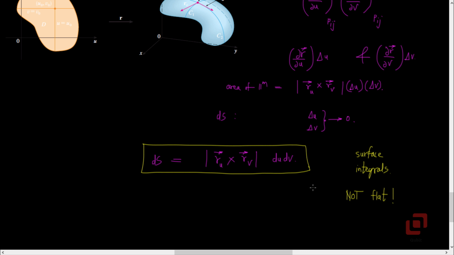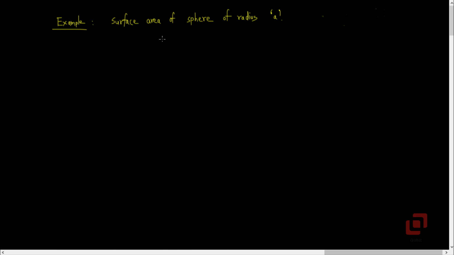We will now solve an example with the help of this differential formula to find the surface area of a sphere. As stated already, we will now find the surface area of a sphere whose radius is a. Well, we already know the answer. The surface area of the sphere is 4πa² square units. So we expect to get the same answer by using our current approach.